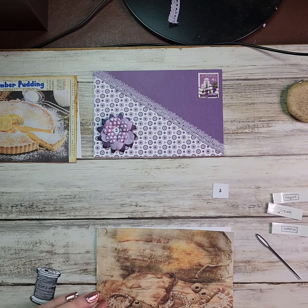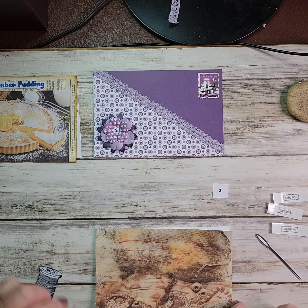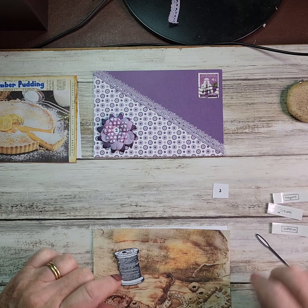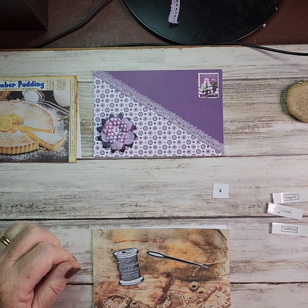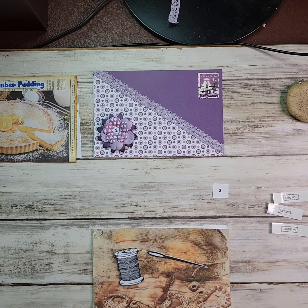So that's my background piece, because this is what I've been sort of planning on doing in my head, you know, doing some slow stitching and things like this. And so what I've done is I've downloaded an image of a cotton reel and a needle, and that's going to make up my piece. But I need to get some threads, so I'll be right back. So I've got some rusty coloured